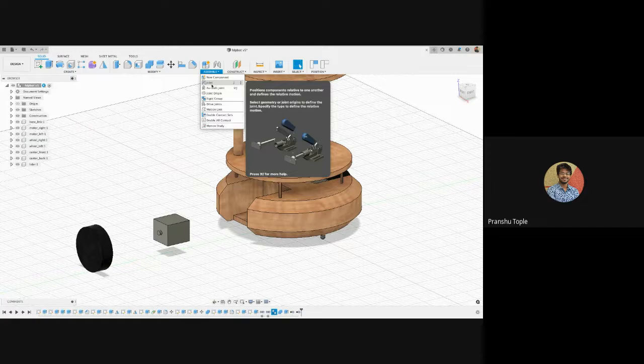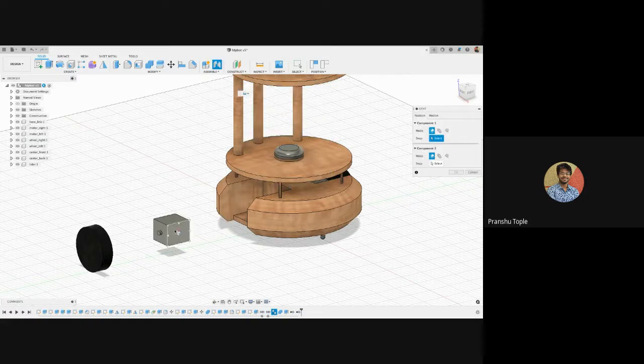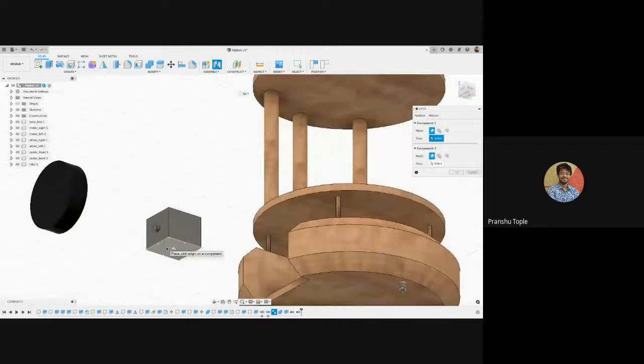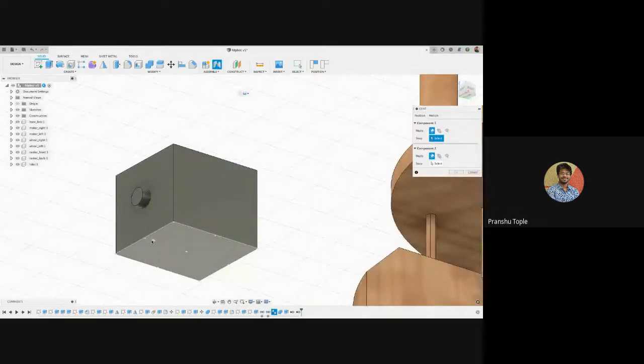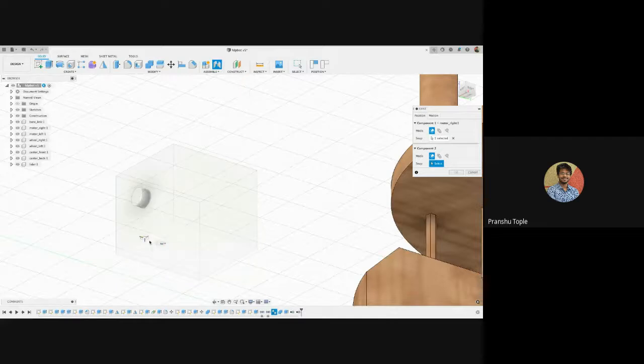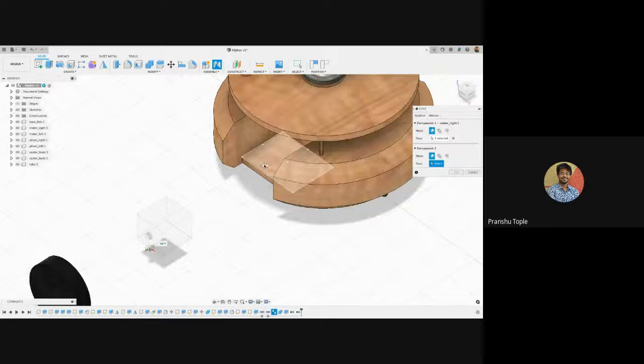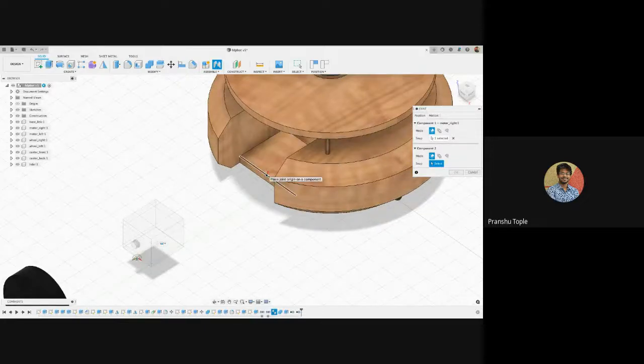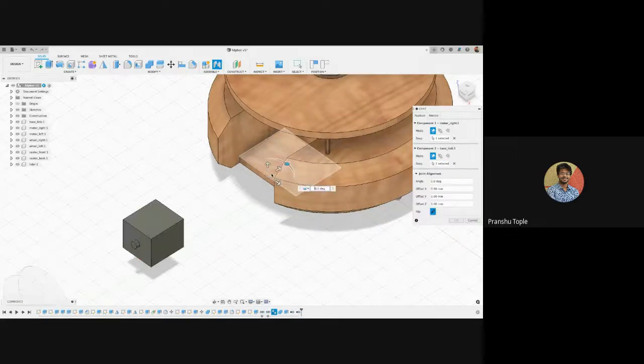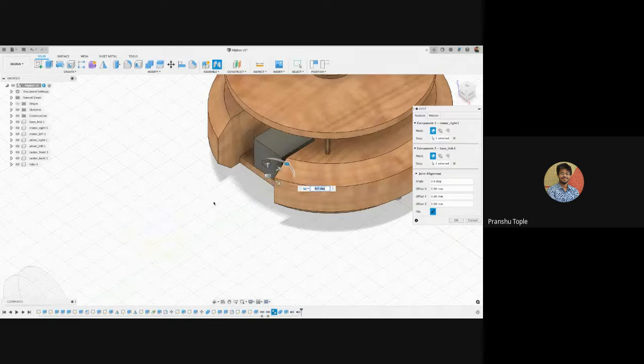If I press joint, I want to join this edge of the motor over here to the edge of this robot. I will select here. And now as you can see, the motor has been moved over there.